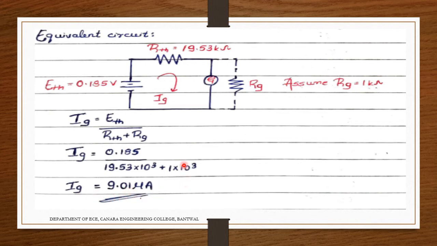Please go through the Thevenin circuit properly and then you can solve this easily. What is the first step? ETH, then RTH, then take those values and keep them in series, because the voltage source will always have a resistance in series, and connect the galvanometer here. This is EA and this is EB here. So this is EB now and this is EA, because this is EB minus EA.